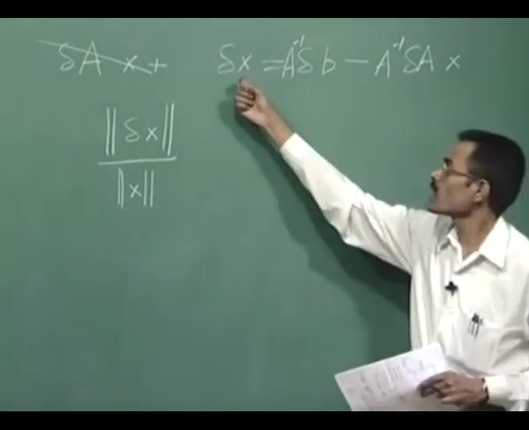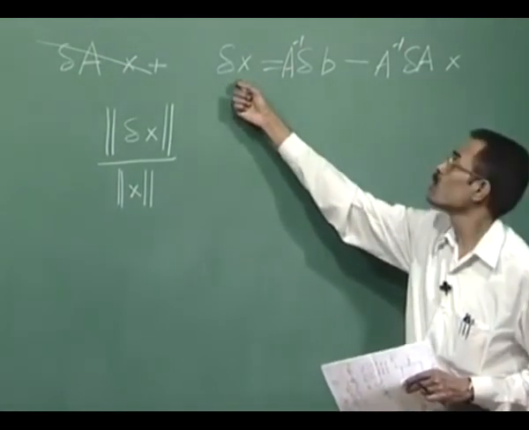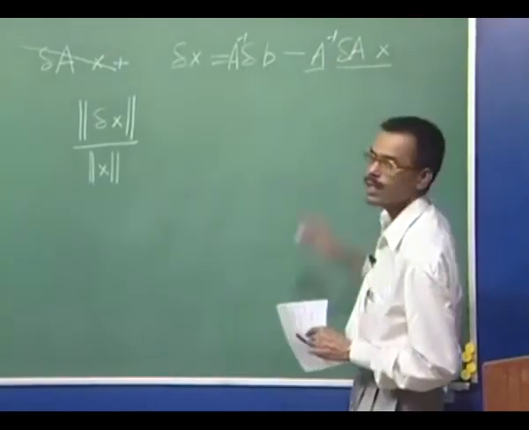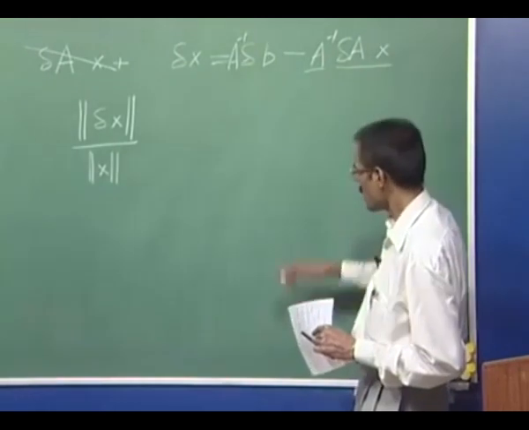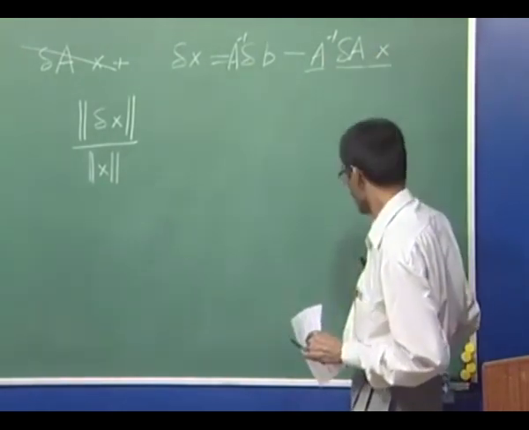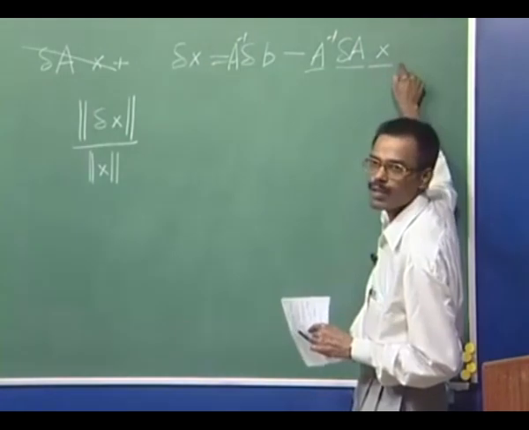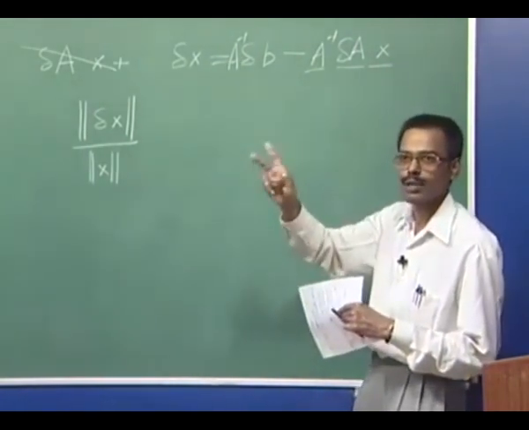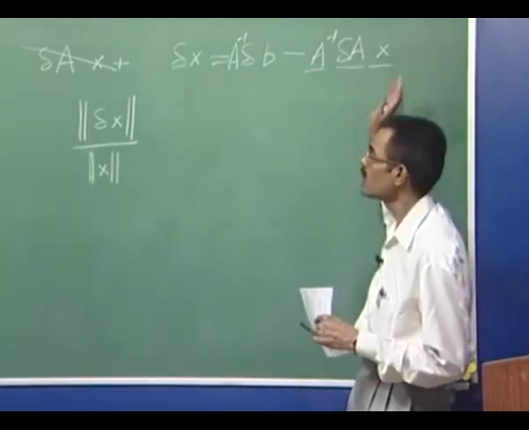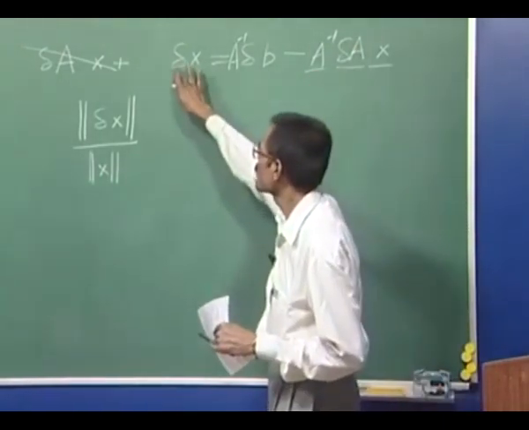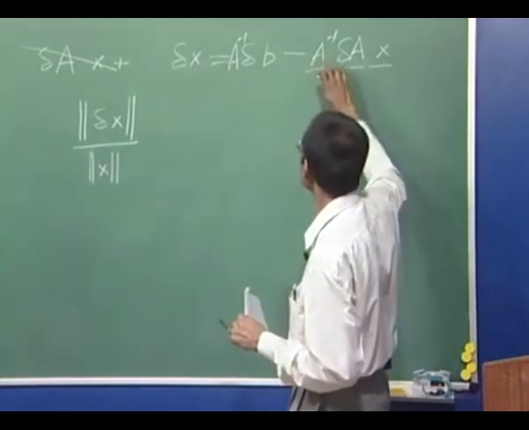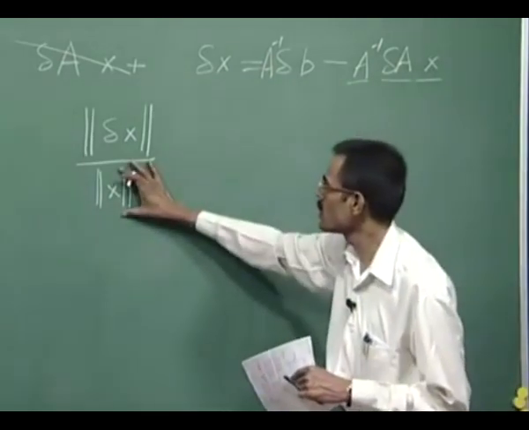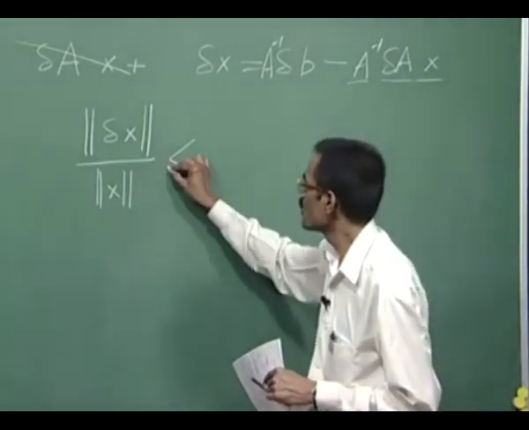So, the norm of delta x will be less than or equal to the norm of this into the norm of this vector, right. Again the norm of this vector will be less than or equal to the norm of this matrix into the norm of this vector. That means the twice less than or equal to things we get here also, right. So, then again we will find that the norm of delta x will be less than or equal to the norm of this into the norm of this into the norm of this, and this norm of x we have already divided here. So, that will mean that we will get here